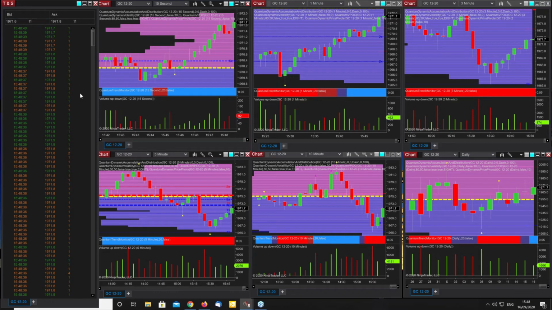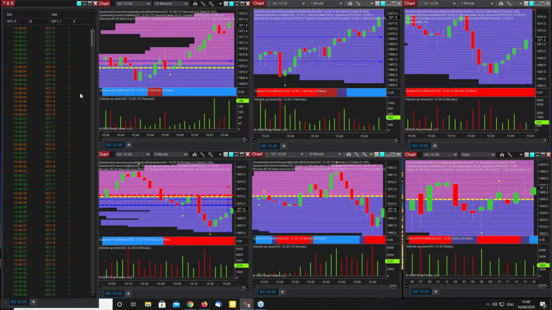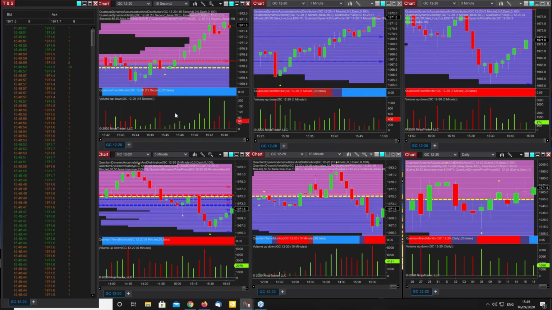Has the market jumped? Has it moved? Has it not moved? It tells you everything you need to know about the strength or weakness of the market, how it reacts when these big blocks go through on the time and sales, because these are confirmed sales. This is not depth of market, where there's a lot of spoofing. This is time and sales, where these are markets moving through the order flow.